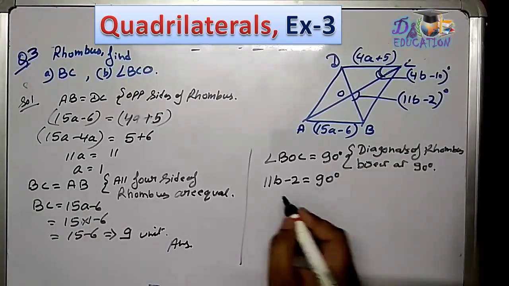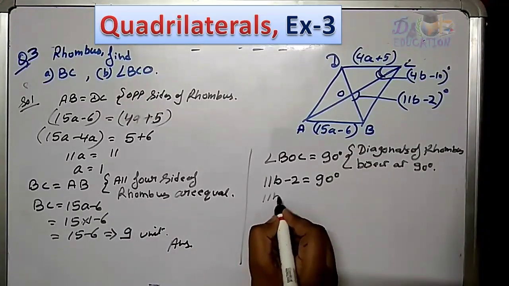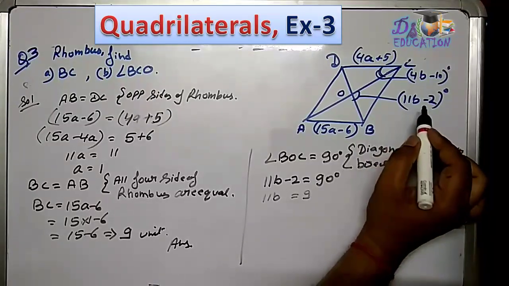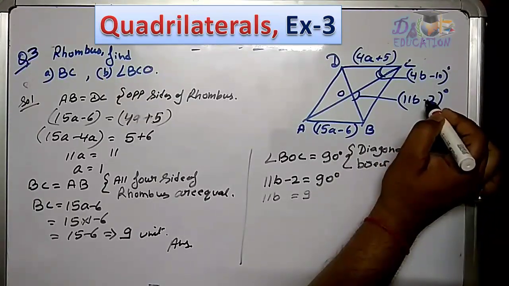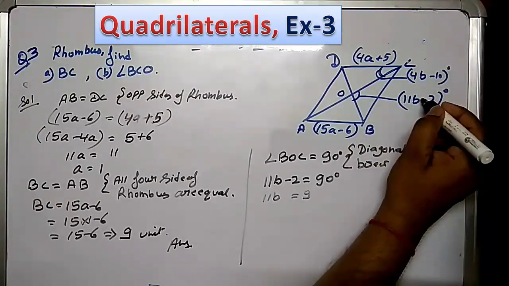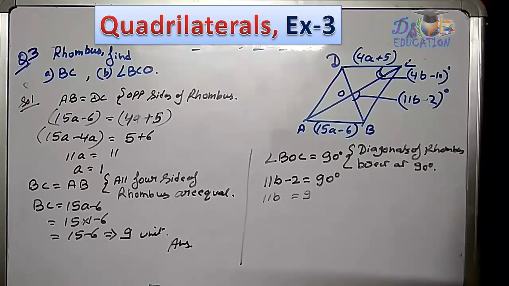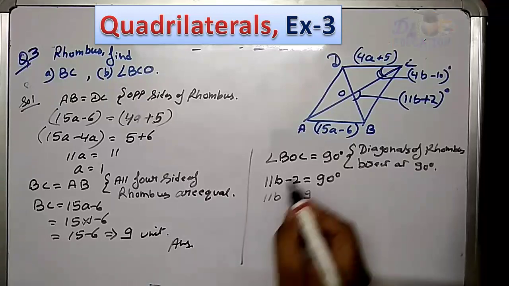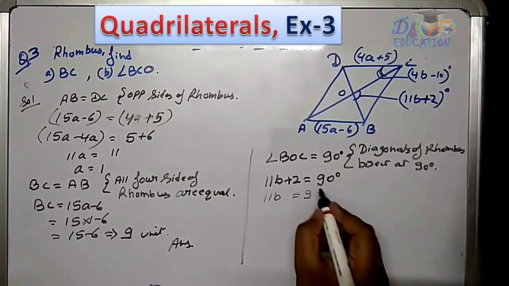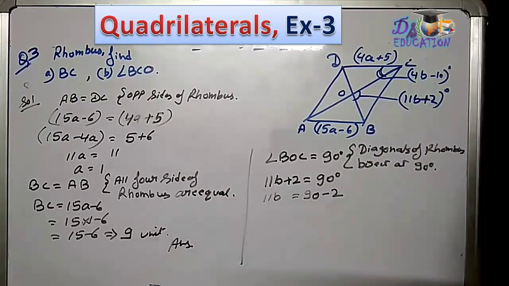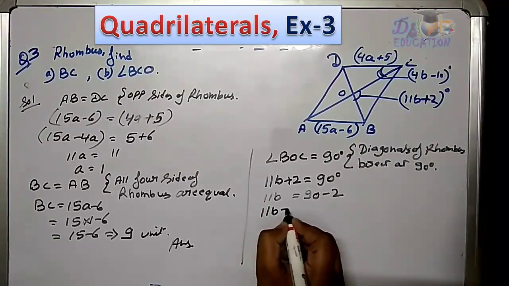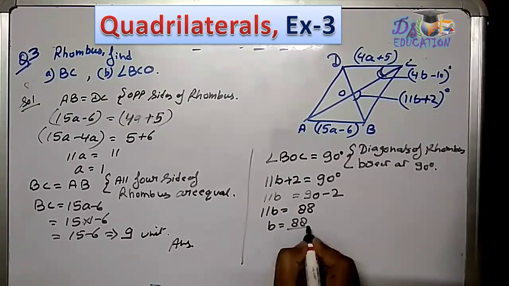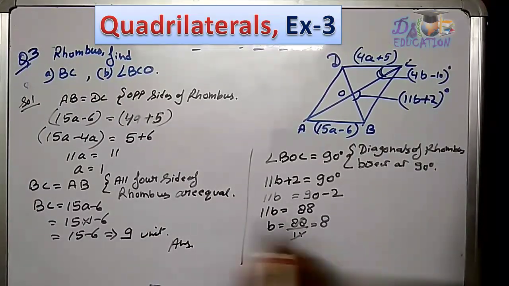Now 11b is equal to 90, sorry, this is given minus, so it will become plus over here. So 90 plus 2. Now 11b is equal to 92...